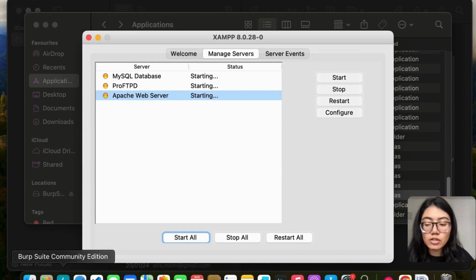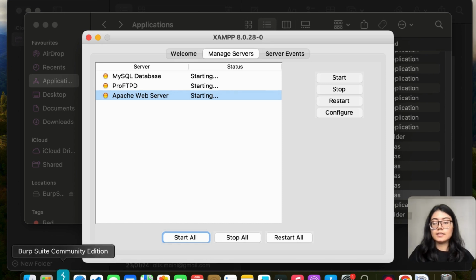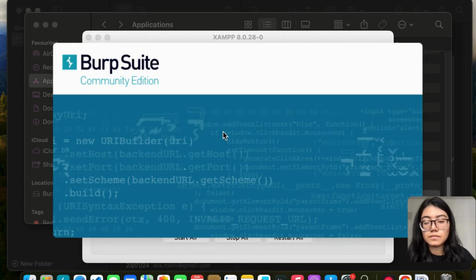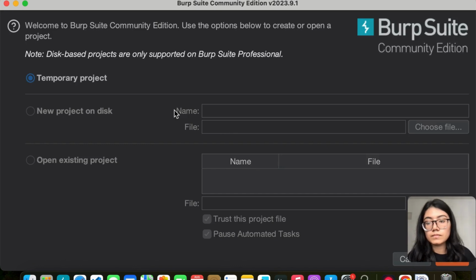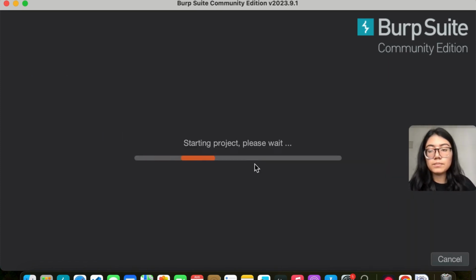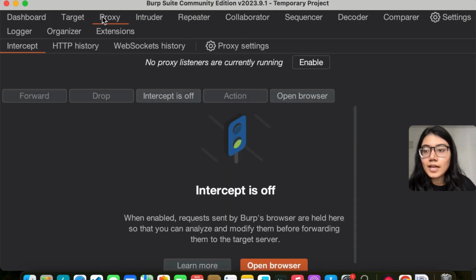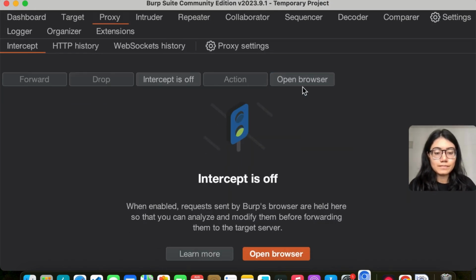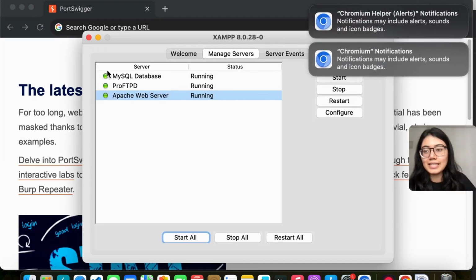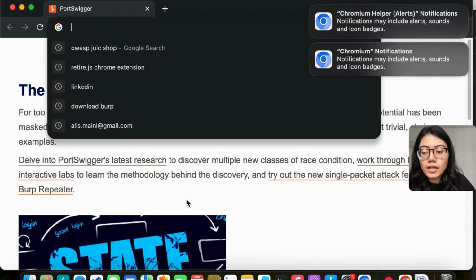While it is starting, I'm gonna also start my Burp Suite. I'm gonna just continue with our temporary one. So yeah, start Burp. And I'm gonna open a browser here. That's also done. Let's go back to our XAMPP server and see everything is up and running. Great. And what I'm gonna do is I'm gonna just simply type here localhost